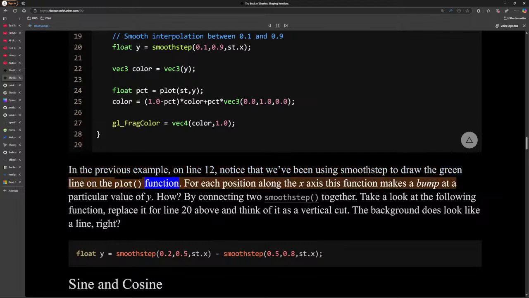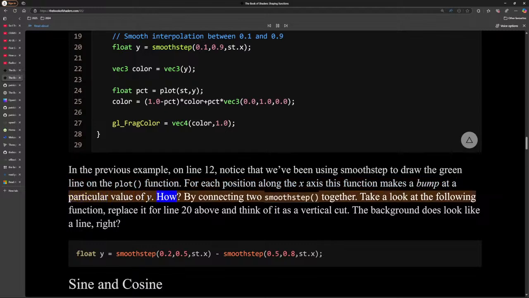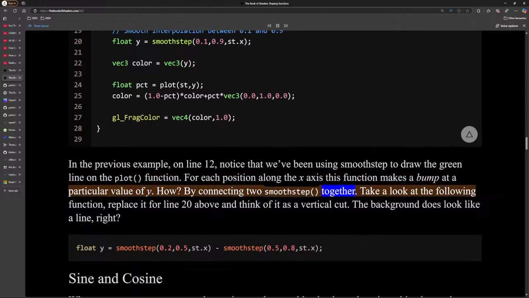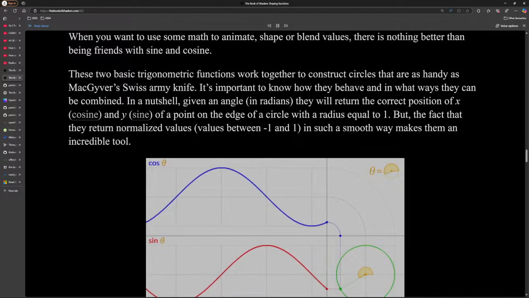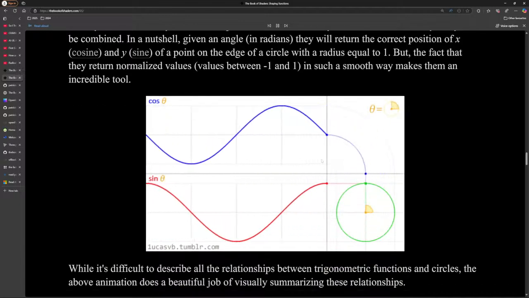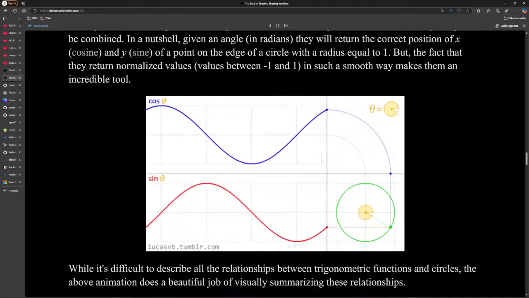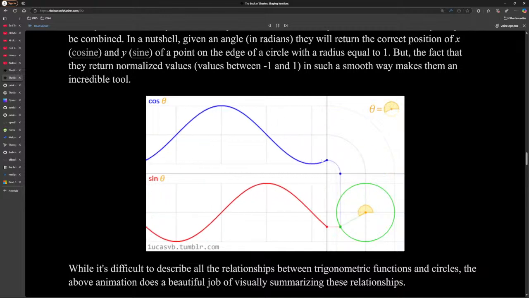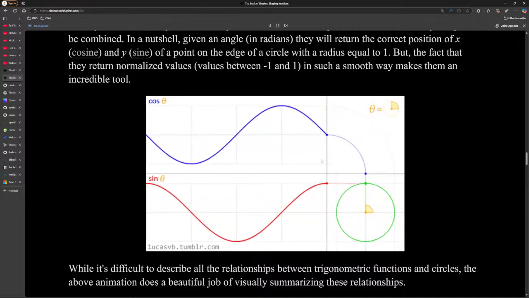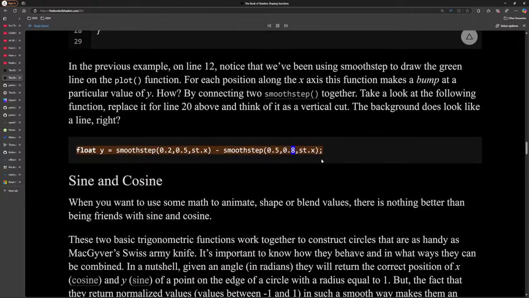For each position along the x-axis this function makes a bump at a particular value of y. How? By connecting two smoothsteps together. Take a look at the following function, replace it for line 20 above and think of it as a vertical cut. The background does look like a line, right? float y = smoothstep(0.2, 0.5, st.x) - smoothstep(0.5, 0.8, st.x);